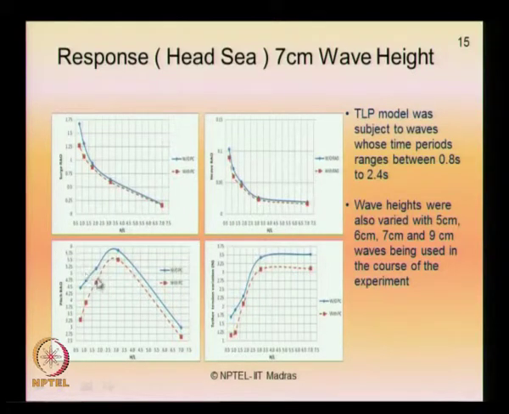You will see that for increased H by L values, the blue line shows the responses for a 7 centimeter wave height in the model in the HC condition, that is 0 degree angle of inclination without perforated cover. But with the perforated cover, for a specific porosity value of 6.5%, you will see the reduction shows a similar trend, but there is a significant reduction for lower H by L values. For higher H by L values the reduction is not significant